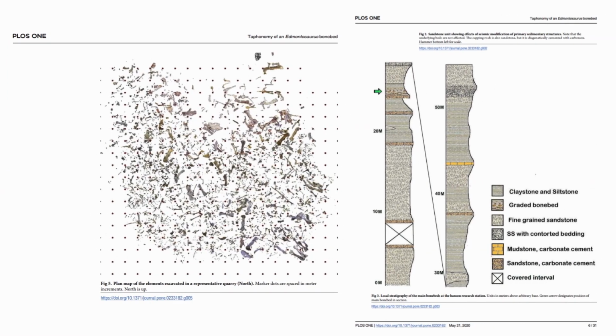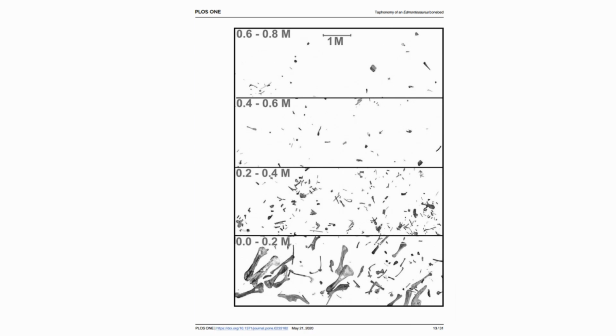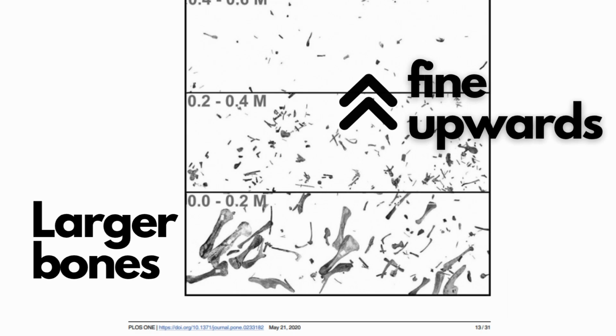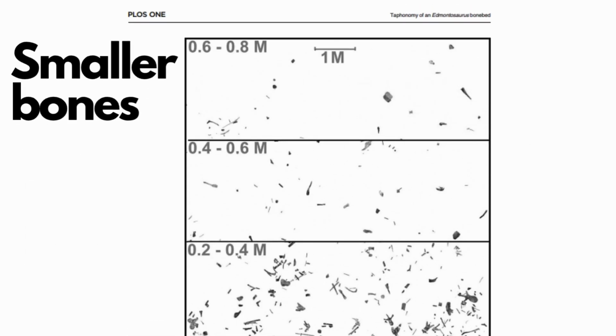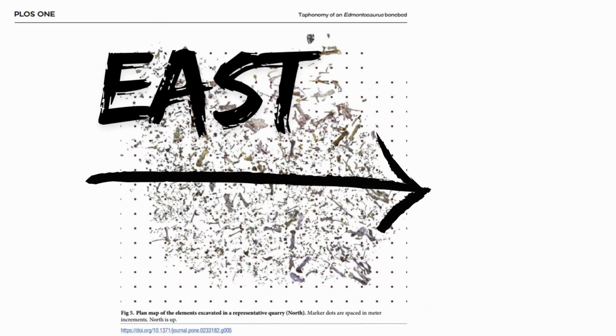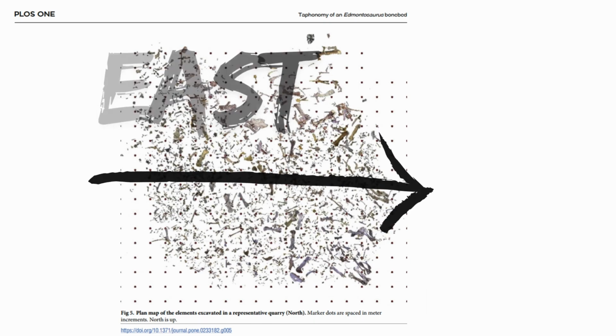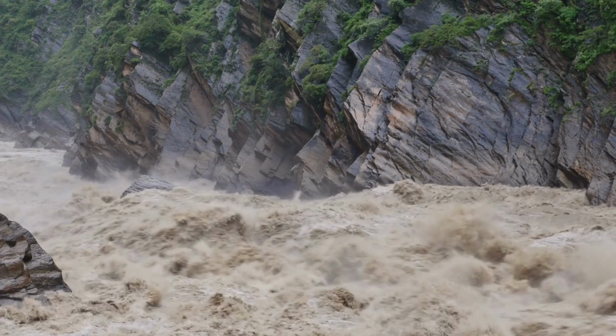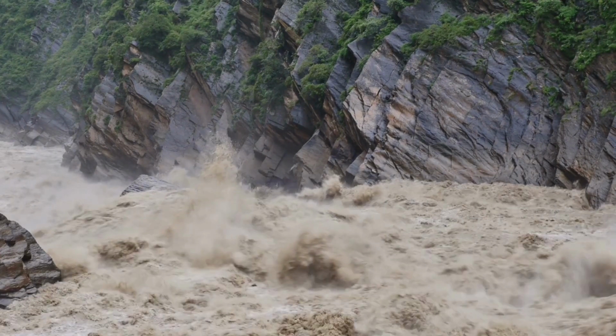The interesting part is that this massive bone bed exhibits normal grading, with larger bones like femurs found concentrated at the bottom of the layer and the bone sizes fining upwards, with smaller bones like vertebrae found at the top. It also appears that the bones are oriented in an easterly direction. This is diagnostic of a water depositional environment. This means that this massive layer was deposited by a single watery catastrophic event,